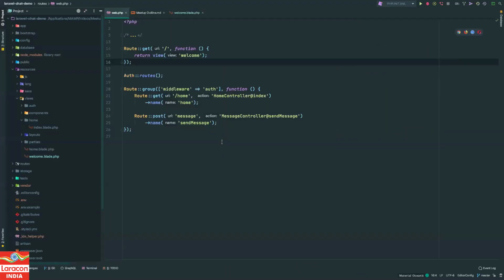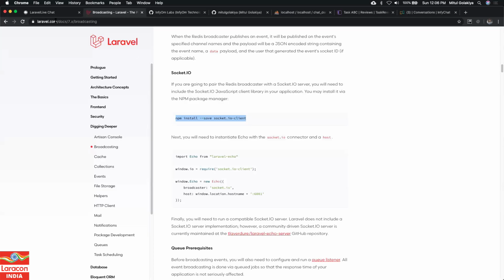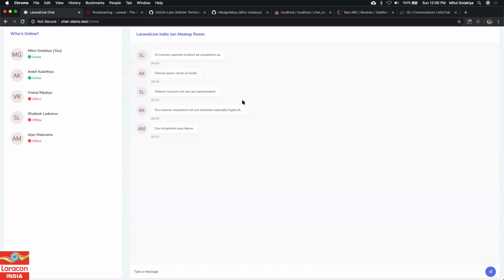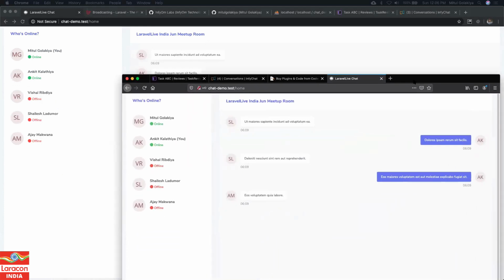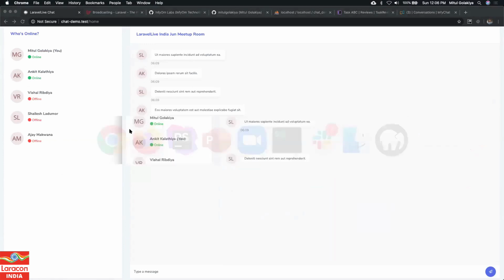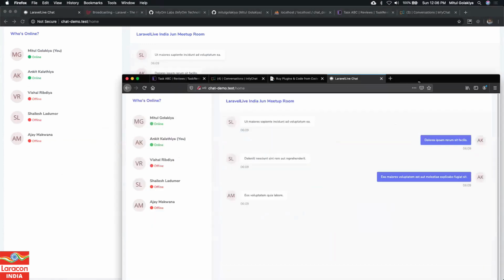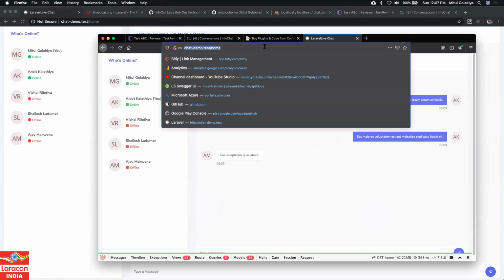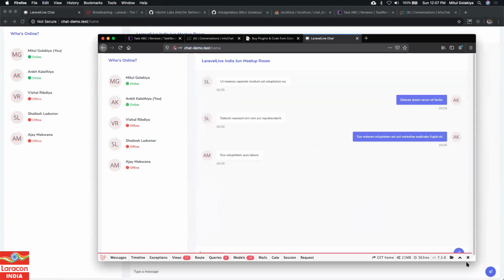So this is an application. Let's see first how it works. This is one chat that I have built. There are two users online. I have opened one browser over here, which is this user, like me. There is another user which is logged in over here. So if you see, if I send some message over here,